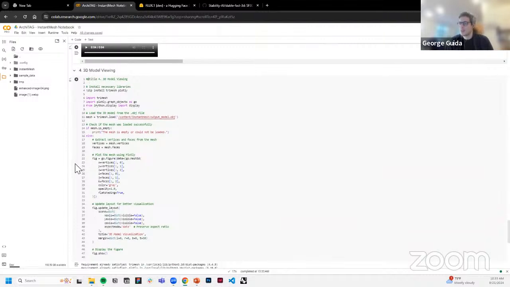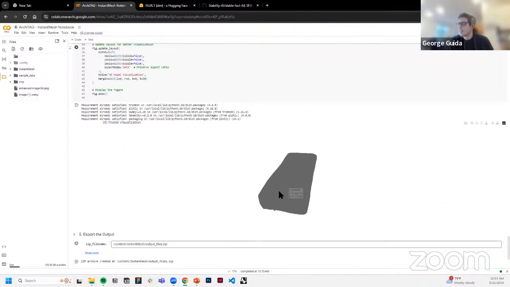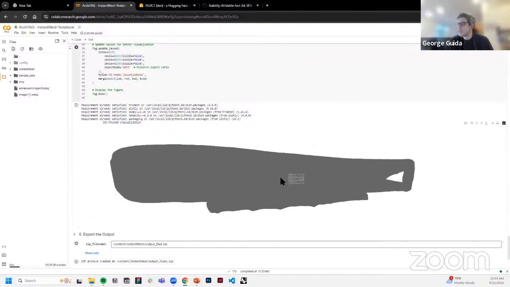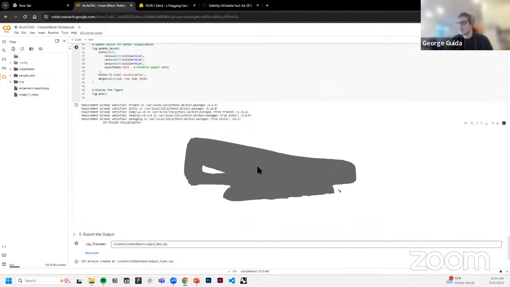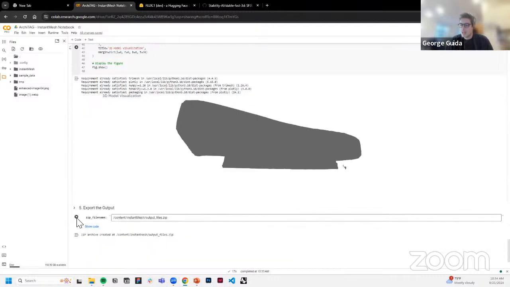The final step is to preview that geometry in 3D. I added this with Plotly, one of the libraries. You can simply preview that geometry. I might add the texturing onto this just to make it easier for you to preview it. And then at the end, you can export the zip file and manipulate that geometry. This is going to be an OBJ file, and you can bring that into Rhino or whatever software you're comfortable with. I am going to open it just so that you have a preview of what that looks like.